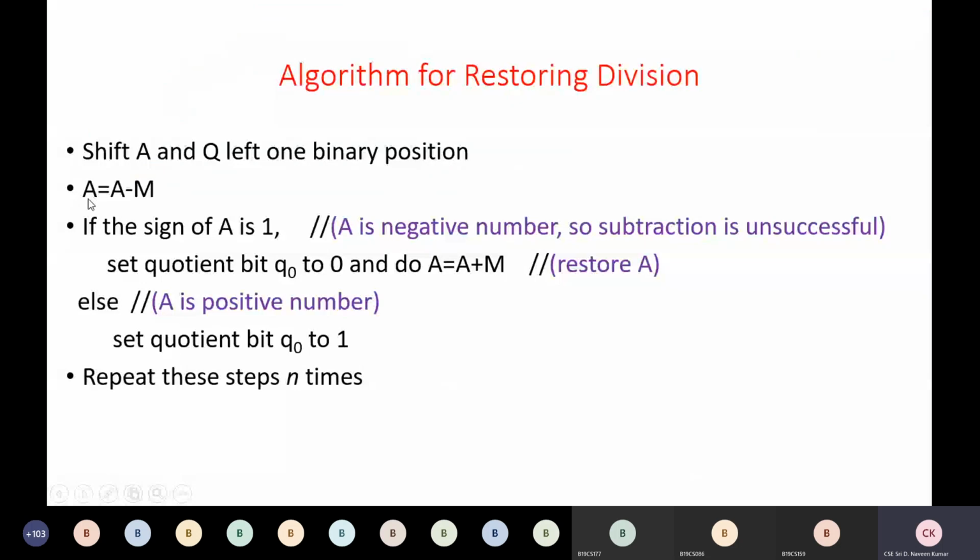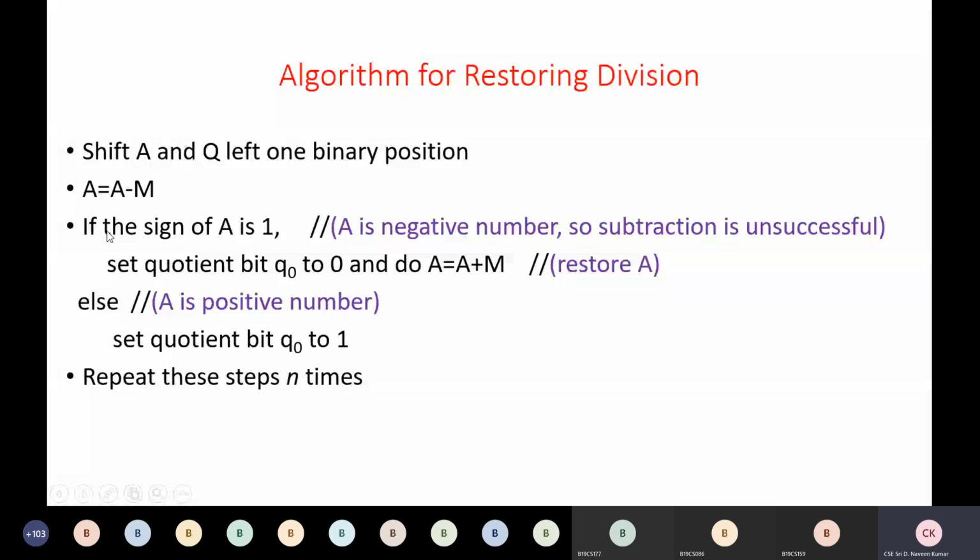I am checking the sign of A, that is, whether A contains a positive number or a negative number. But generally computers operate only on binary numbers, so how does it know whether it is a positive or negative number? If the sign of A is 1, that is, the most significant bit in the contents of A, the MSB bit, if it is 1, we call it a negative number. If the MSB bit of A is 0, then we call it a positive number. So for a negative number, what do we do? These are the things we need to do. If the contents of A is a positive number, then this needs to be done.